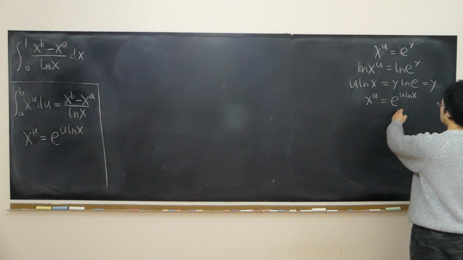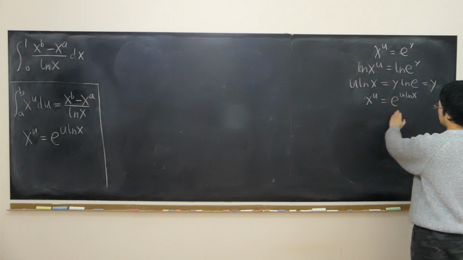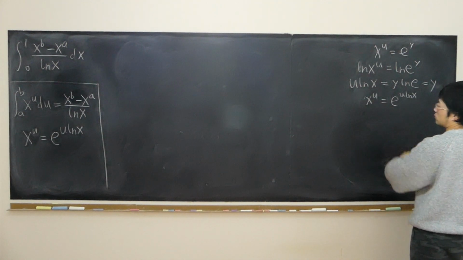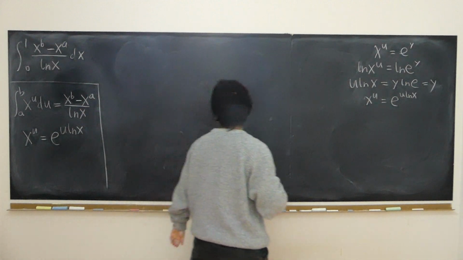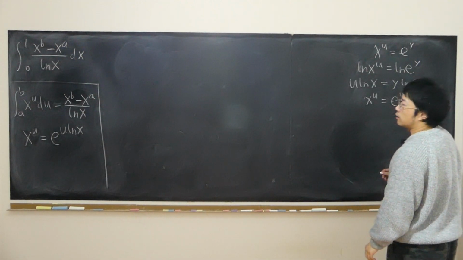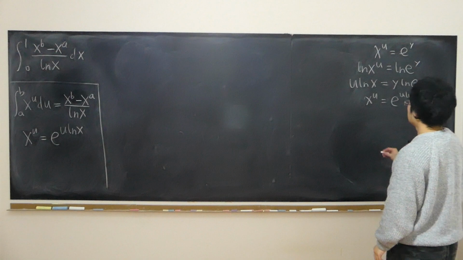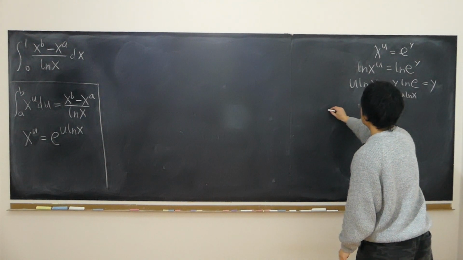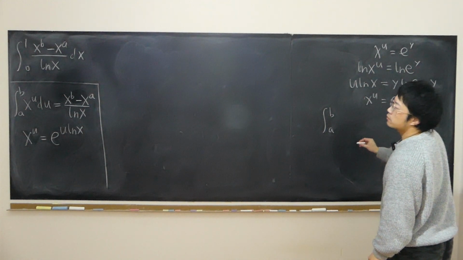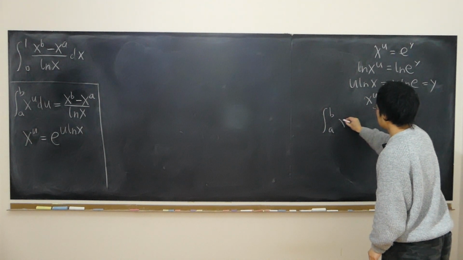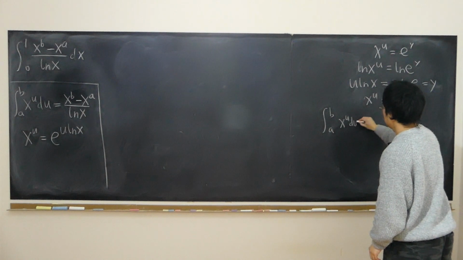We change the base into the base of natural logarithm. Given any base at all, we can always do that. So let's prove this fact. So knowing that, here, the integral from a to b of x to the power of u du